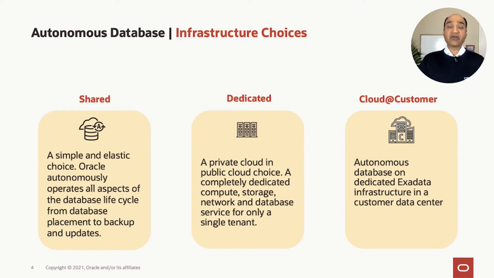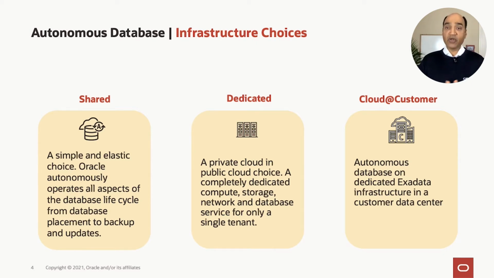If your application requires its own dedicated hardware and requires more isolation in terms of performance, network, and of course hardware isolation, then a dedicated Exadata infrastructure could be a platform of choice for that application. And so you can then deploy autonomous on dedicated, once again, in one of the many public cloud regions.